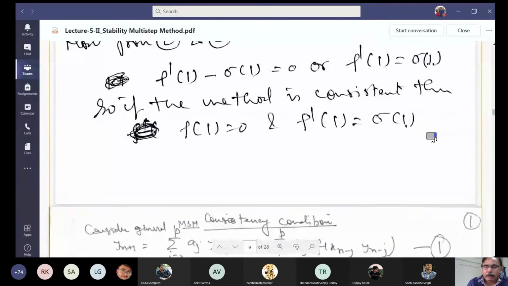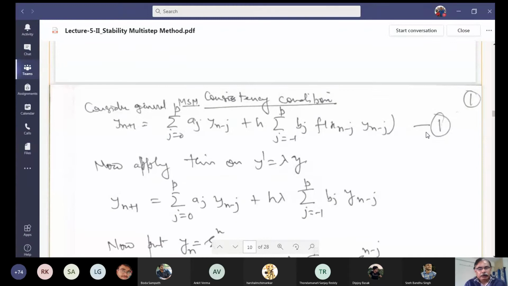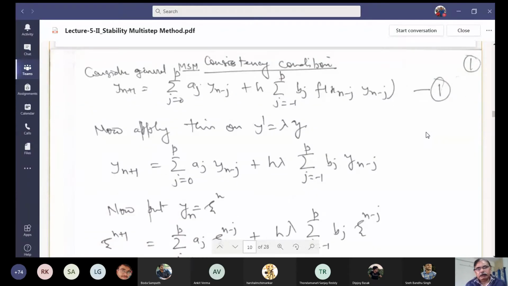Okay. Now I will take up one, instead of taking a very general one, or let us say with the general one itself, I will start that, and we'll just try to